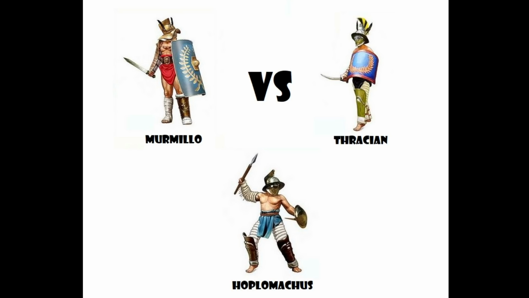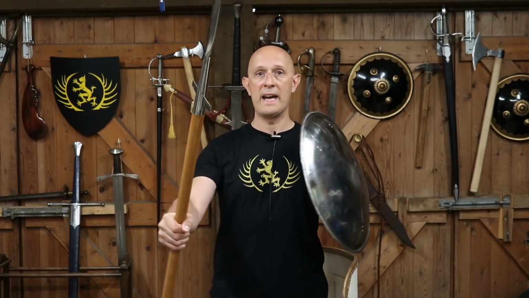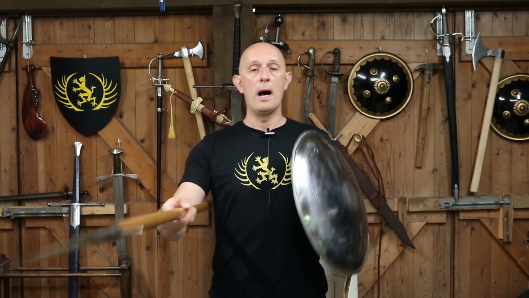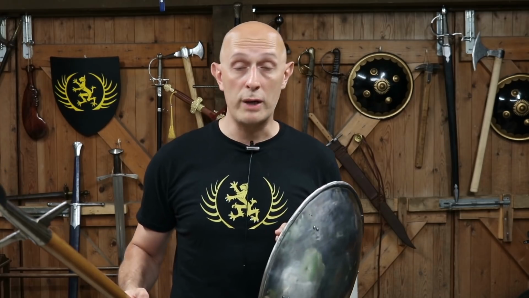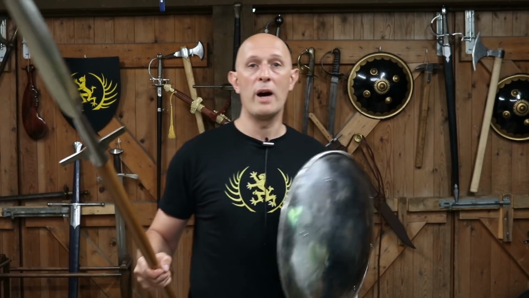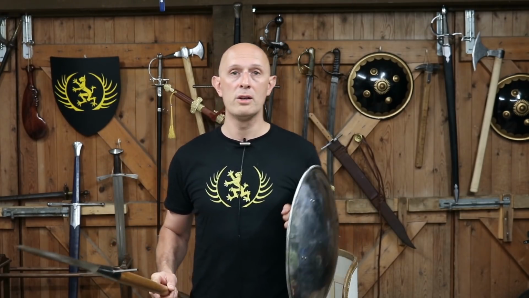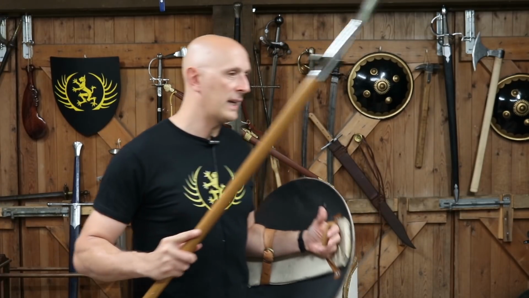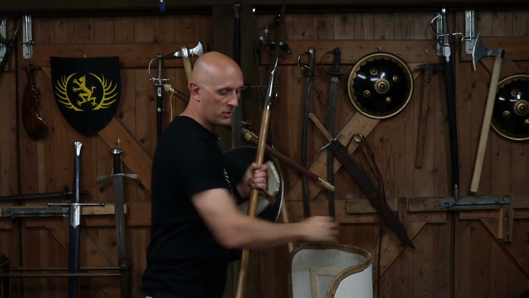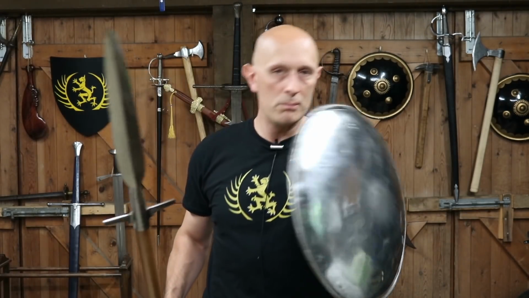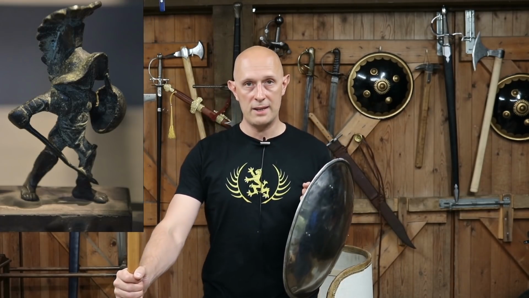The principal armament of the Hoplomachus was a spear and a shield. Now there is some suggestion that the Hoplomachus was supposed to represent a Greek or perhaps an older, more ancient Roman soldier, where the principal weapon was still the spear instead of the sword, and the principal shield was the round shield instead of the later rectangular characteristic Roman scutum. But whatever the origin of the Hoplomachus was, they were used a lot against the Murmillo and against the